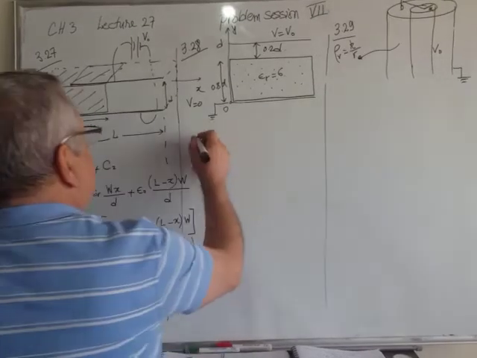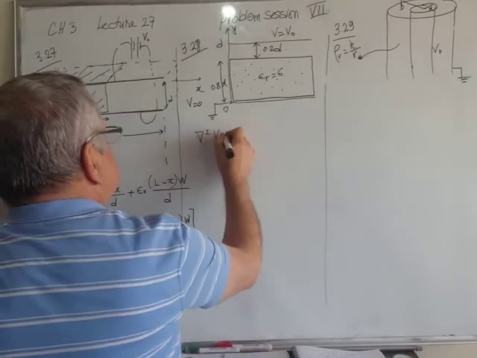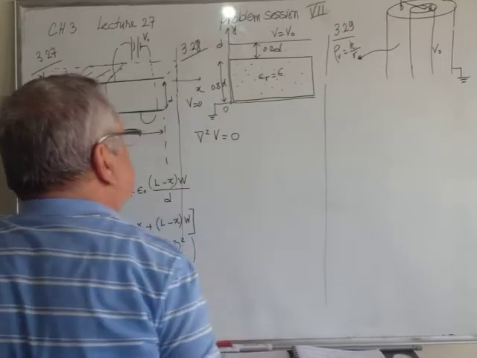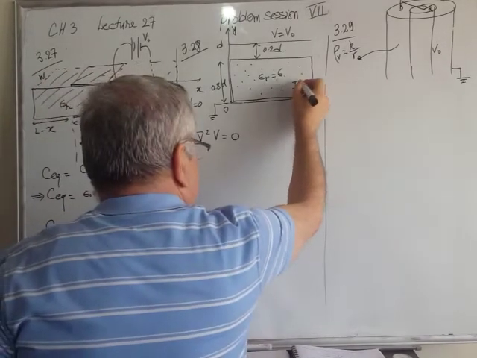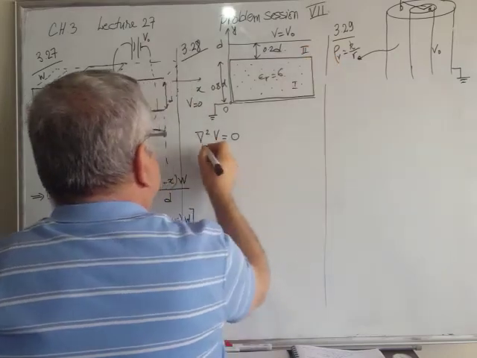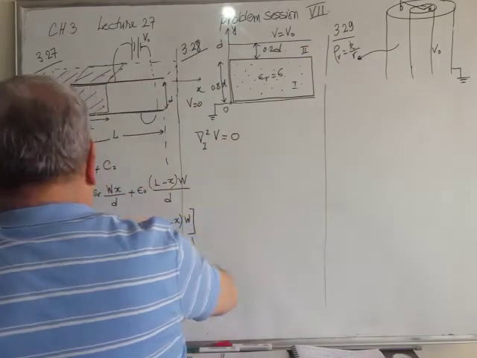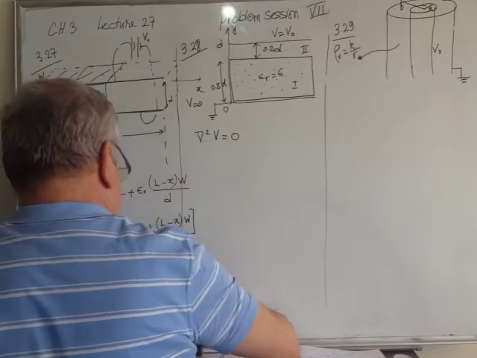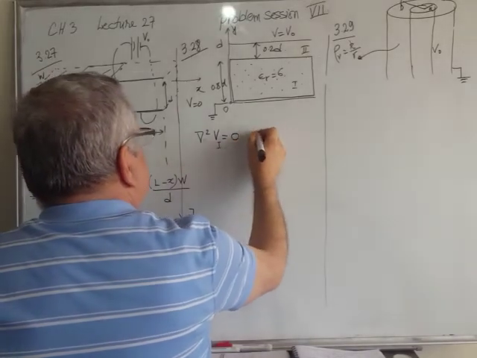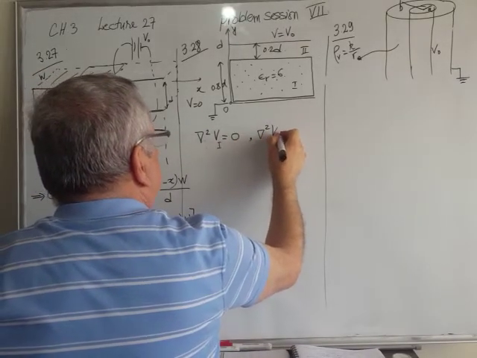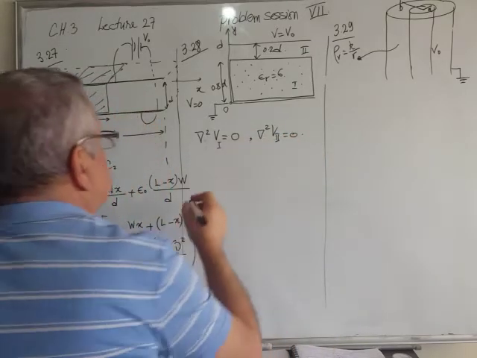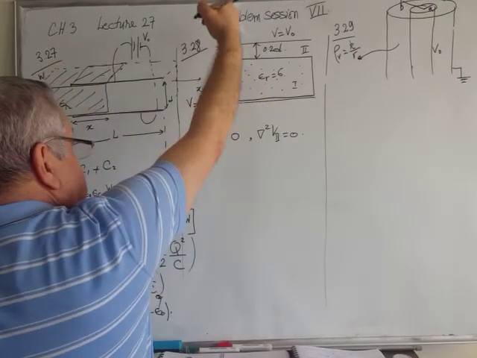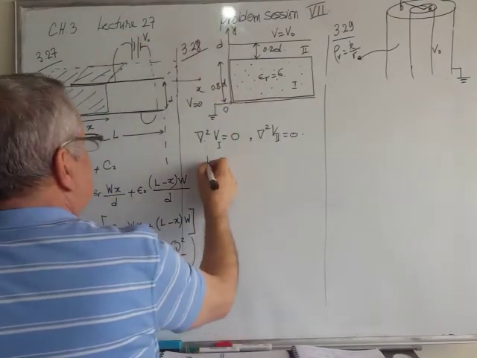Okay? So we have to solve what? Laplace's equation is equal to 0. The Laplacian of V is 0. And you have two regions here. Region 1 here and region 2 in the air up there. So you have to solve this. Laplacian of V in 1 is 0, and Laplacian of V in 2 also is 0, because you have two different media. Okay, now the Laplacian in Cartesian coordinates with symmetry in z and x will leave me with